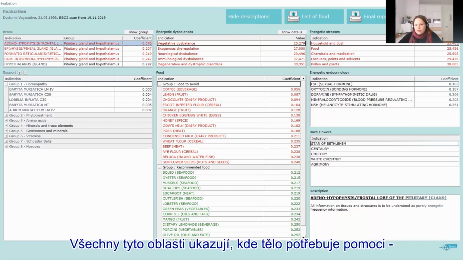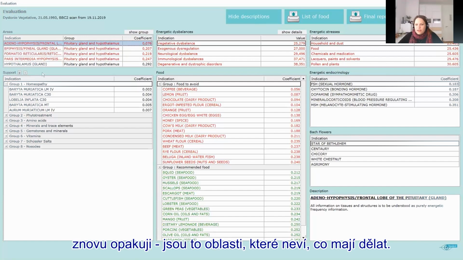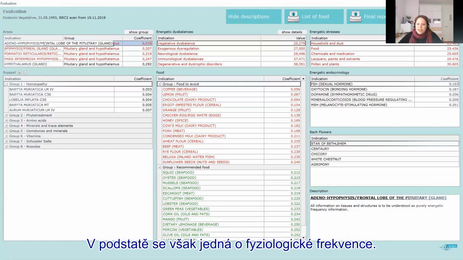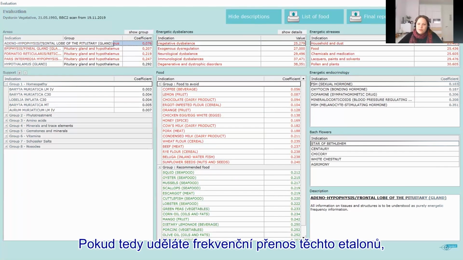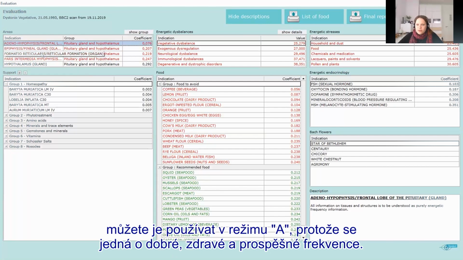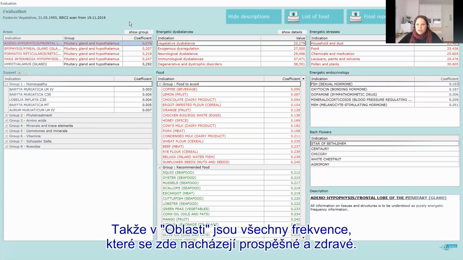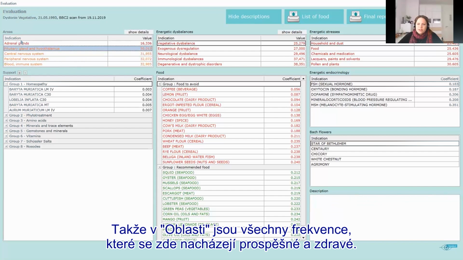All these areas, of course, tell where the body needs help. So these are areas that don't know how to work again. But in the back you have the physiological frequencies. So when you do the frequency transfer with these etalons, you can use it with A because it's a good, healthy and supporting frequency. So with the areas, it's all a good frequency you can transfer, helping, for example,